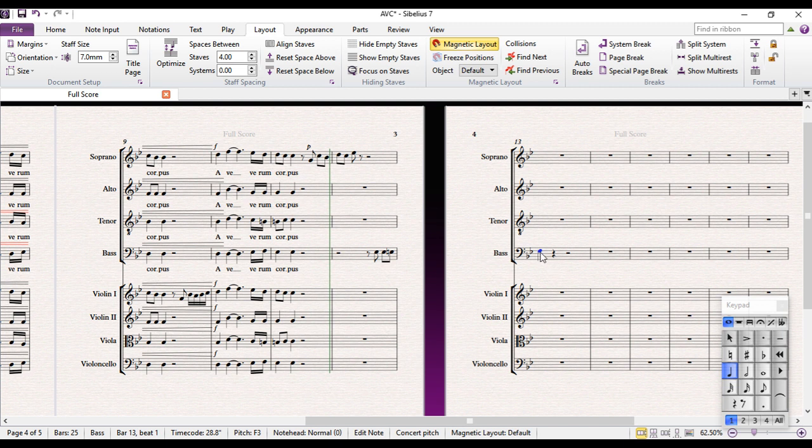So we're on the dominant here, so F major. The dominant to B flat, that is. So that will lead us nicely back into